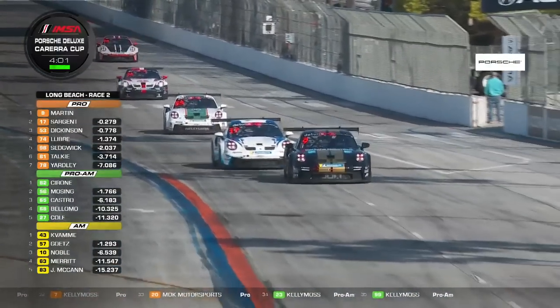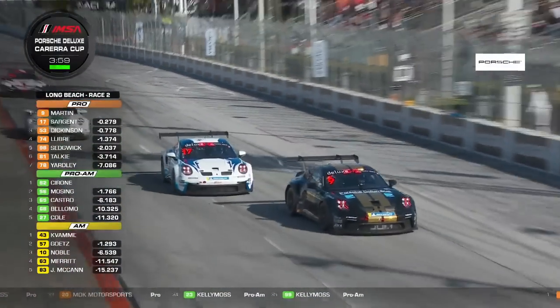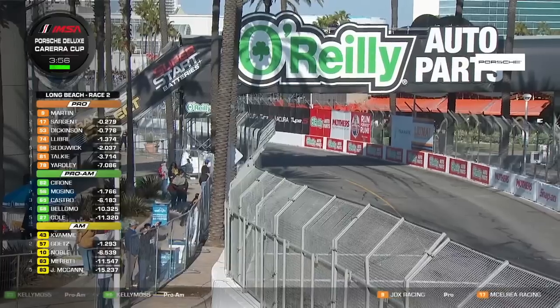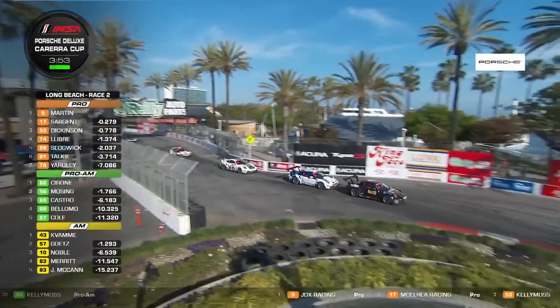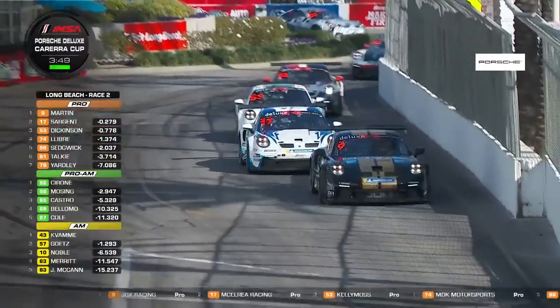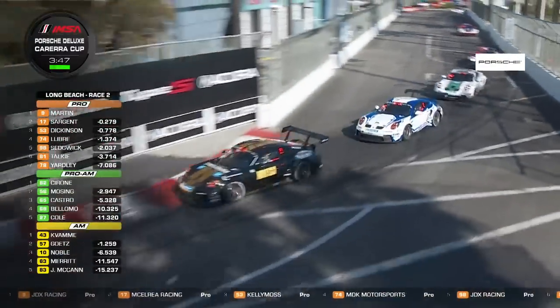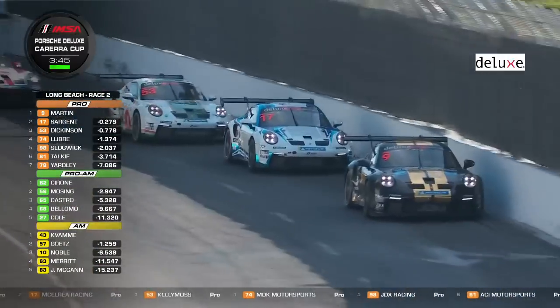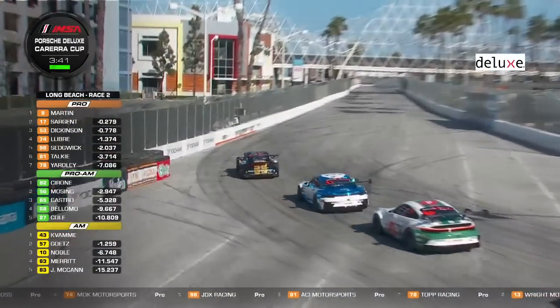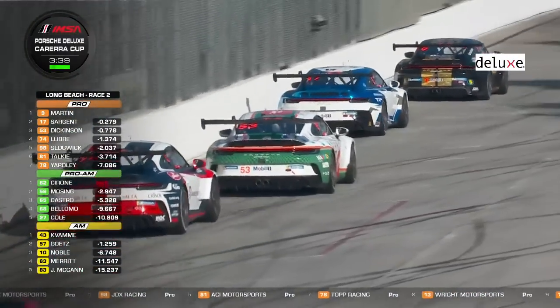Yeah, true enough. Tom's definitely going to go for it. He wants to get this win if he possibly can. It's been a super battle between Will Martin and Tom Sargent in this race so far. By the way, just briefly on the Pro-Am, it must have been a mistake by Efren Castro last time around, because it cost him 6 or 7 seconds. He's fallen back 3 or 4 positions. So now Marco Cironi has got a couple of seconds in hand over Jeff Mosing